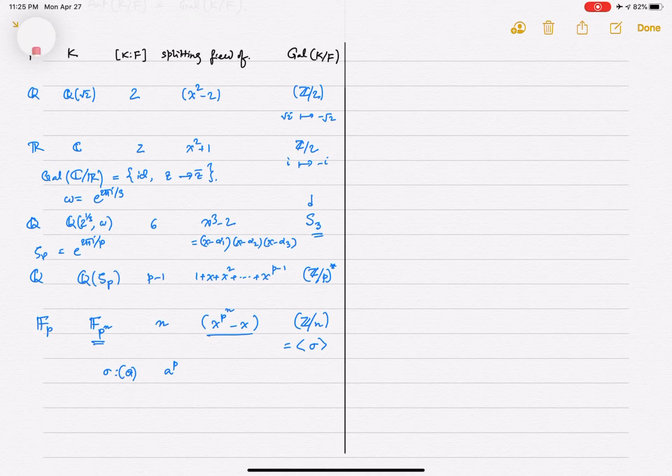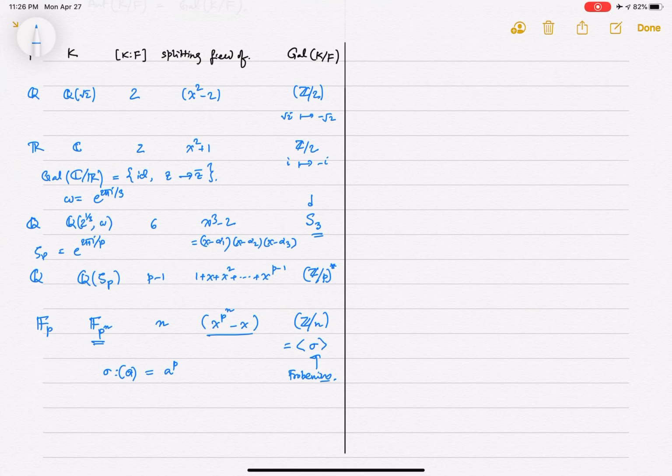Sigma of A is A to the P. Remember, that's an automorphism of the field. It's called the Frobenius. And that has order n in this Galois group, because when you apply it n times,